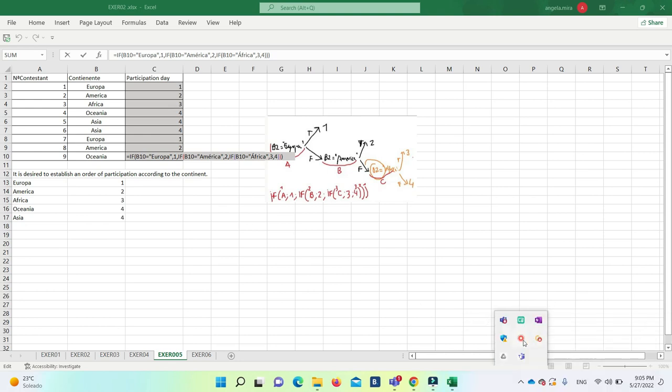And the formula is equal IF B10, this is the cell, the cell is equal Europa is 1 point, a 1 order, and if B10 equal America is a 2 order, and if B10 is Africa is a 3 or 4 order on the participant day, and Oceania is a 4 order because the